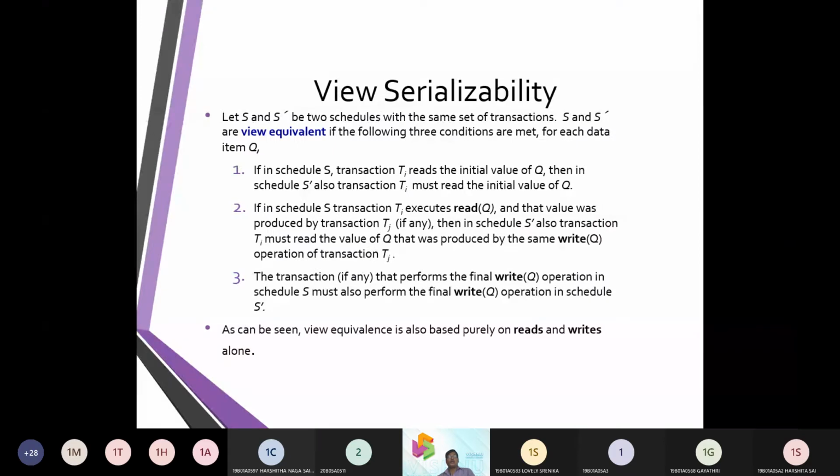We talked about some of the issues on conflict serializability. That is okay. Now, let us talk about one more interesting aspect, that is view serializability. Serializability supports concurrent execution.